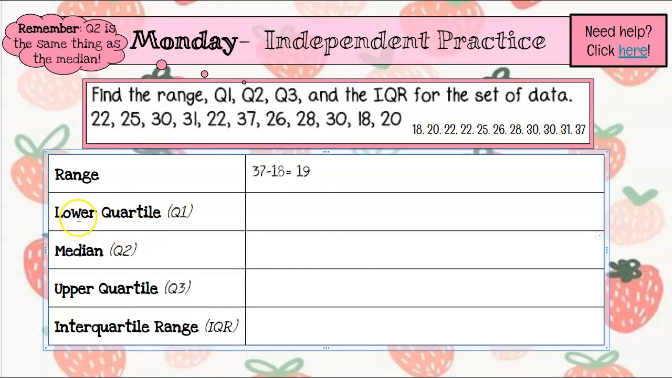So now I cannot actually find my lower quartile here until I find my median. So I have to find my median first. So let's go ahead and cross out until we find our number that is in the middle. And this is an odd number of data, which means I should have just one number in the middle here. And I do, I end up with 26 being my number in the middle. So my median is 26, which means